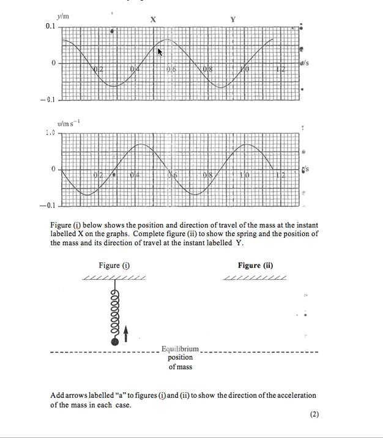Complete figure 2 to show the spring and the position of the mass in its direction of travel at the instant y. Well, x is above the equilibrium position and moving up. Y is below the equilibrium position and moving up. So whilst I can't draw on here, and neither can you unless you print it, you will have your spring drawn so that the mass is here, below the equilibrium position,